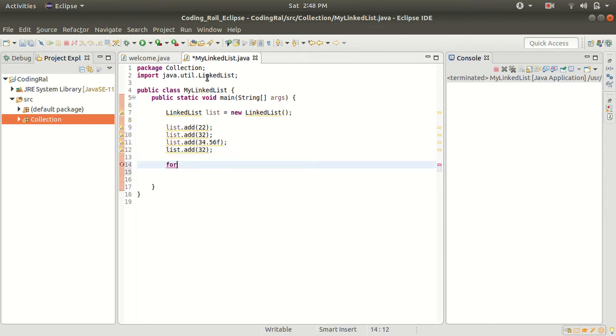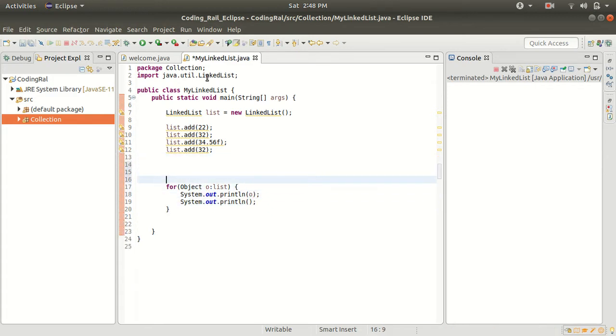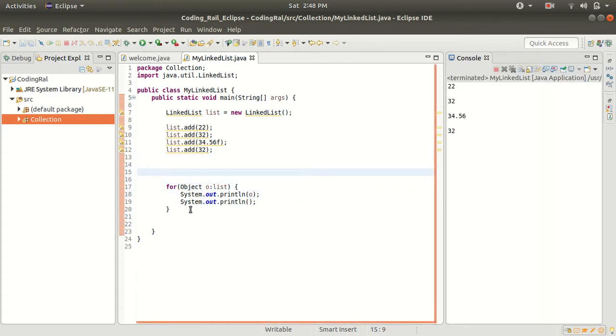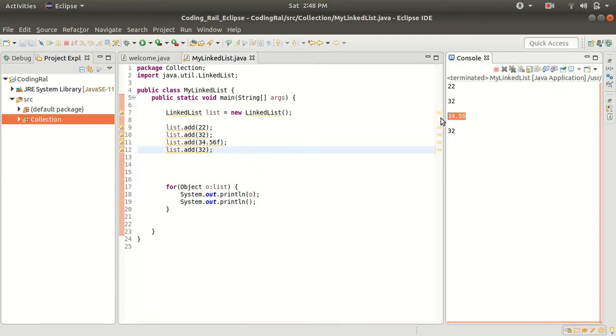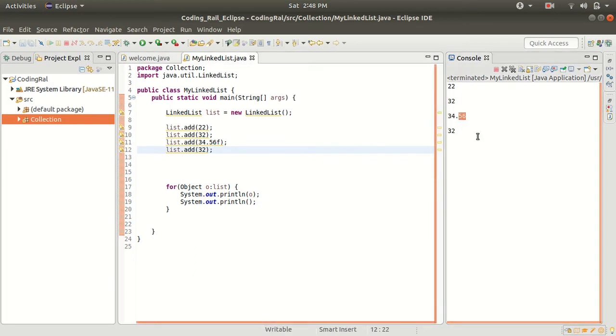And for retrieving we have lots of methods, but here we will go for one method, because this is little bit simpler. We have iterator, list iterator, for each, and lot of methods we have, but we will use this for now. We will simply print all the object with some space. Let's run the program. As you can see, it's maintaining insertion order, and also it is dynamic, and duplicate also